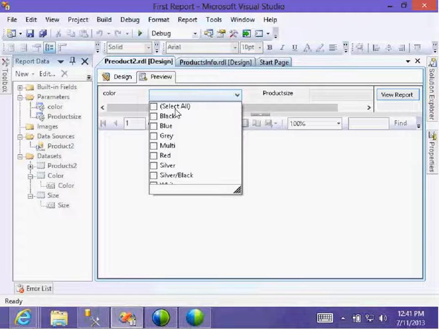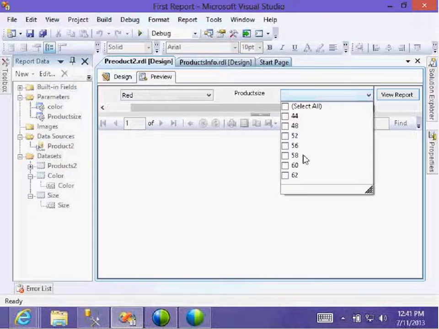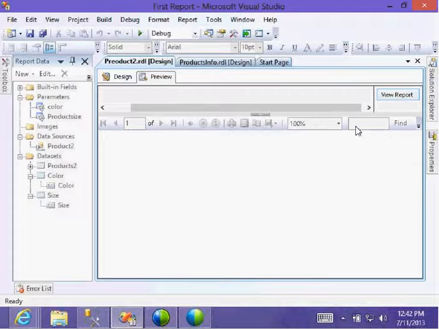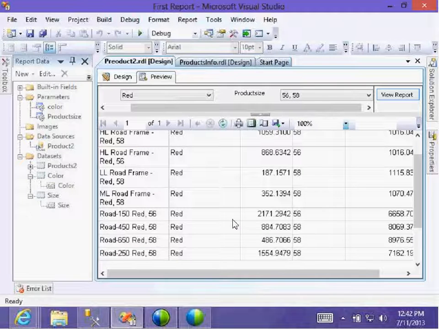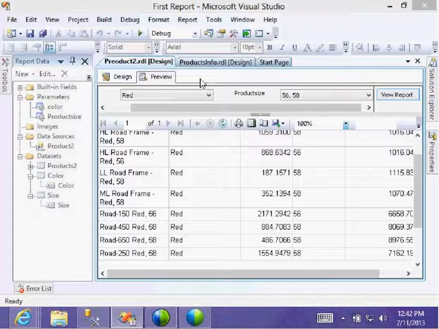Once you select the color, red color, that is large, medium, XL. The sizes I am selecting here are the available products. Cascading parameter. Now, if you guys